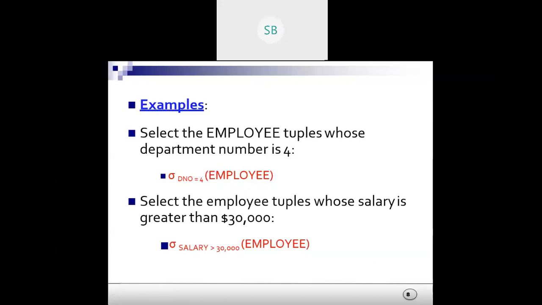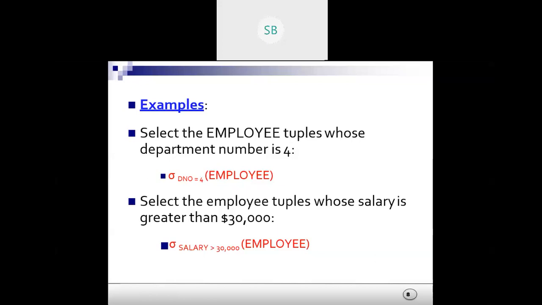It will select only those rows of employees who are working in department number 4.